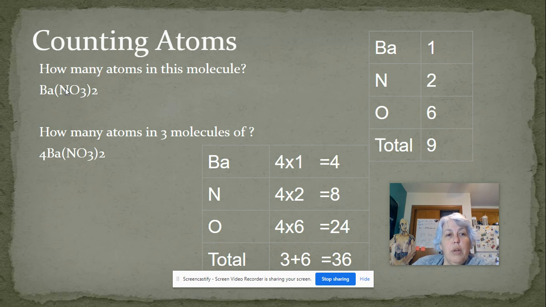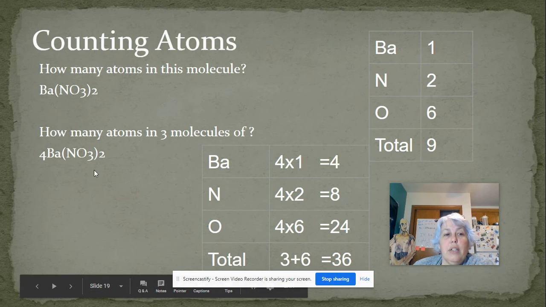1 barium plus 2 nitrogens plus 6 oxygens is 9. All right, let's complicate it a little bit here. If we've got 4 of these molecules, we can figure this out 2 ways. We can either first figure out there's 9 in one molecule and multiply by 4, which is 36, or we